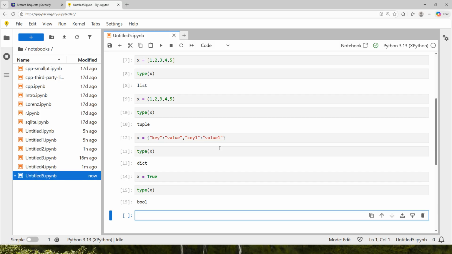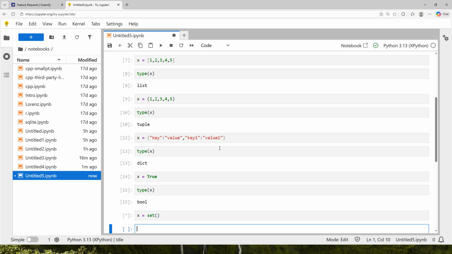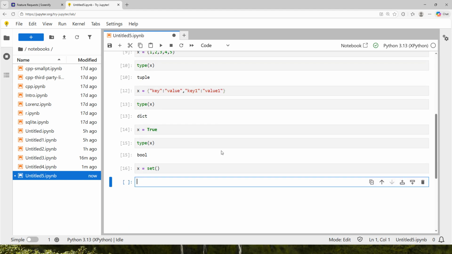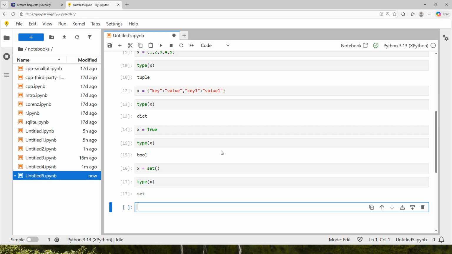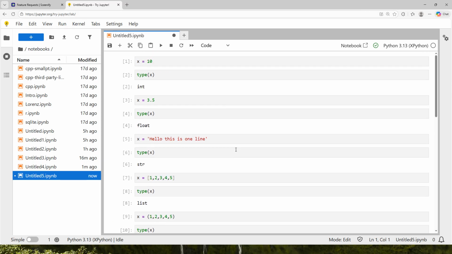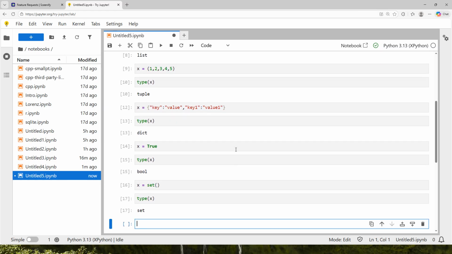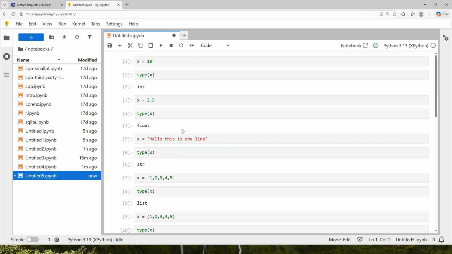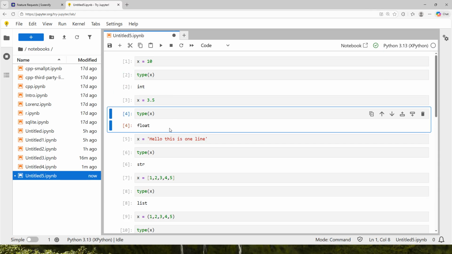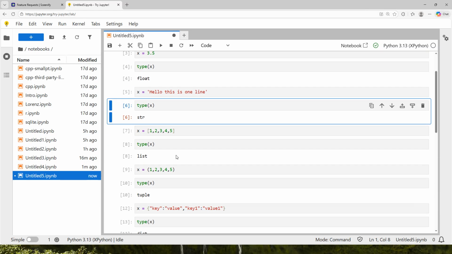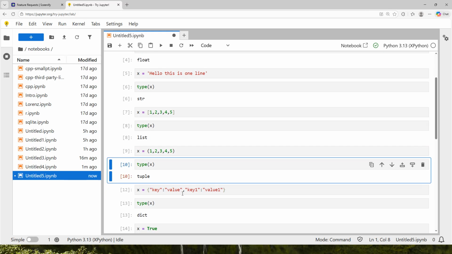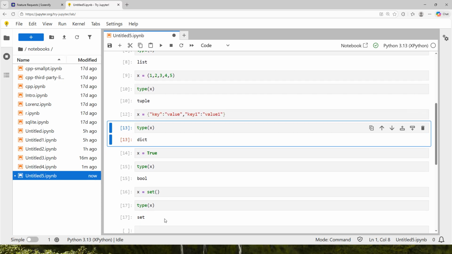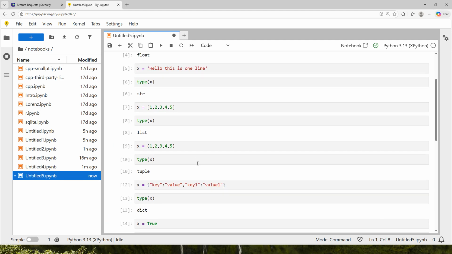For example, we can define that x equals set. It will run. Now let us check the type of x. It will tell you that x is a set. Okay, so we have now quickly shown the different data types in Python. We have here, as you see, int, float, and string, and then starting from here, list, tuple, dictionary, and set. All of them are called